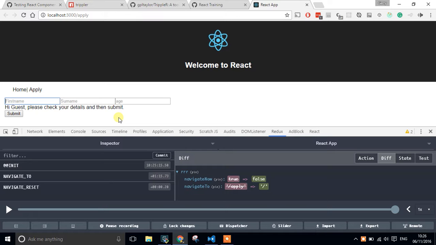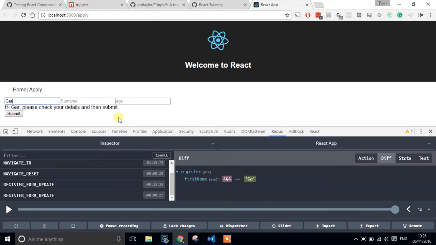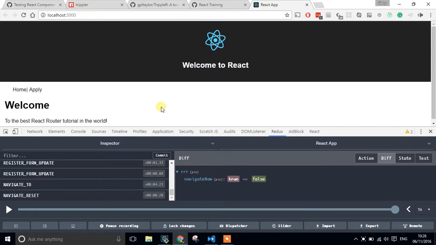And if we fill out this application form, you can see that information is also going into Redux and it's updating and it's going into the store. So as we submit, it fills out the application form and takes them back to the home screen,